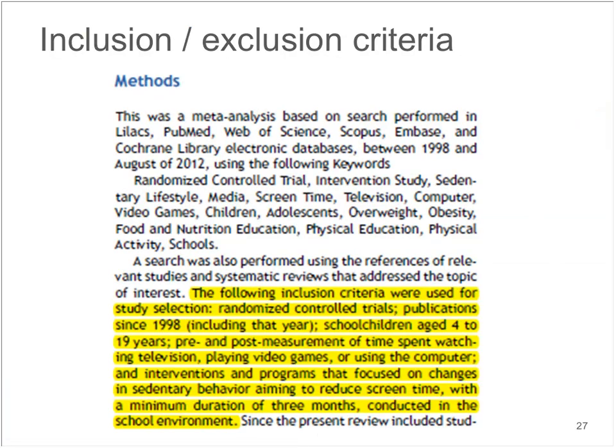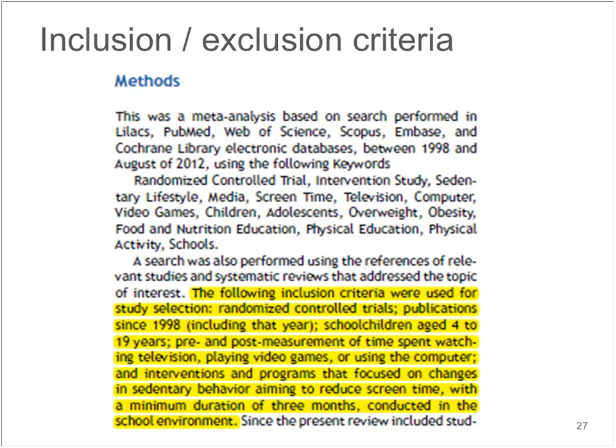The next thing we want to look at then is our inclusion and exclusion criteria. So do we know very explicitly how the researchers made decisions about which studies would be included? And we can see here in now our third paragraph of the methods section of this review, they say the following inclusion criteria were used. So they've told us they're looking for randomized controlled trials. We know that they have to have been published since 1998, including that year.